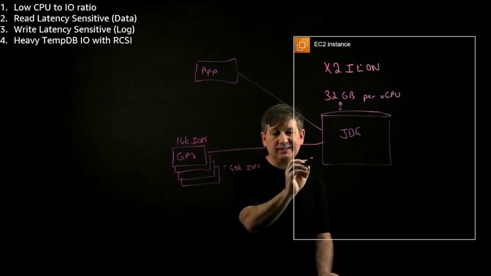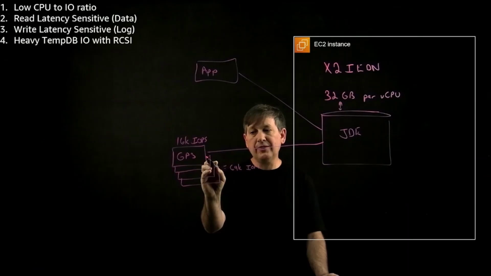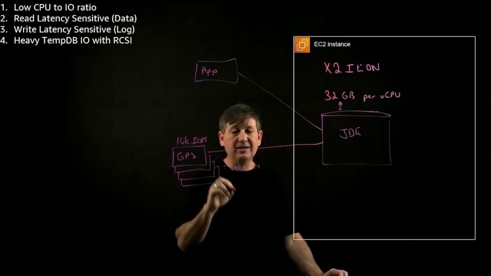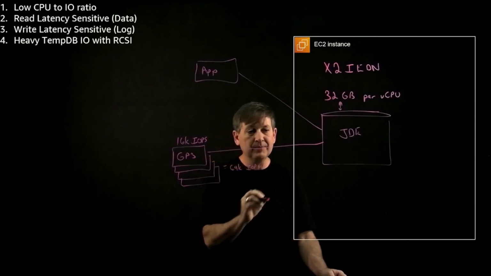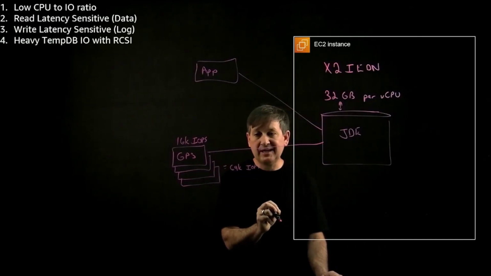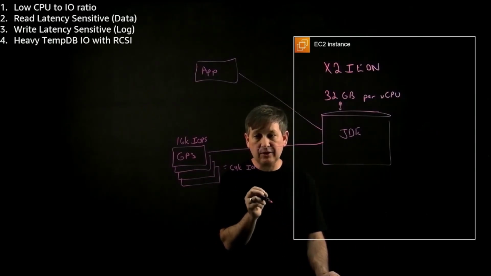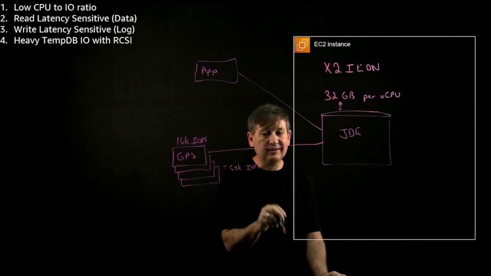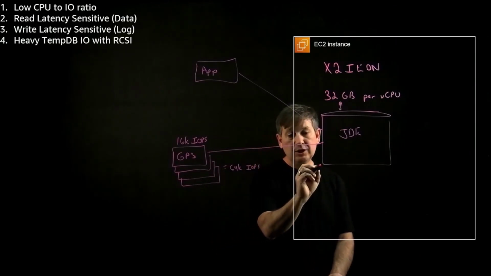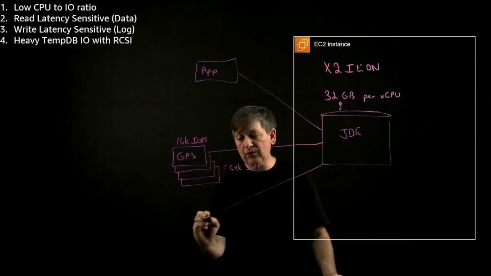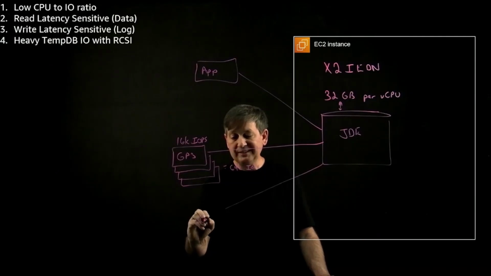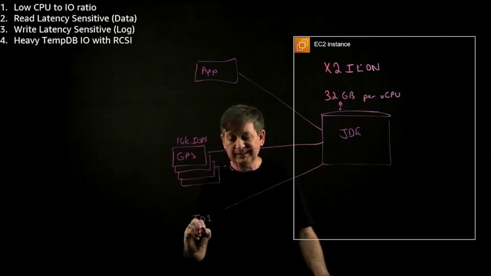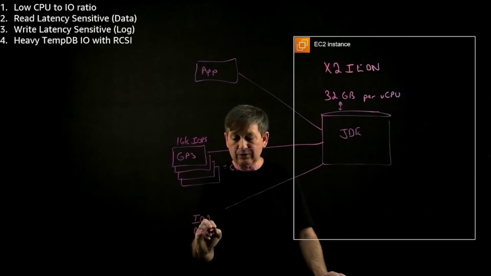Most JDE processes can also put their log files, their LDF files, also on GP3. But if you're running some very time-sensitive processes that are very write-chatty, like JD Edwards MRP, you may need to move the log file to our low latency IO2 Block Express storage. So this IO2 Block Express storage provides sub-millisecond latency